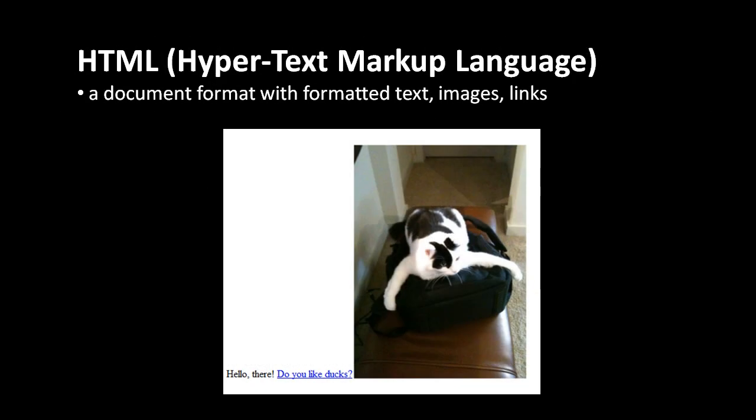The standard format for web pages is called HTML, which stands for Hypertext Markup Language. The idea of hypertext is something that came about in the 1960s, where you have a bunch of documents, and in those documents you have links, and the links take you to other documents. So it's hypertext in the sense that a link warps you from one place in the text to somewhere else. But web pages, of course, don't consist of just text and links, they can also contain images. So here, for example, is a really simple page that consists of some text and a link and also a